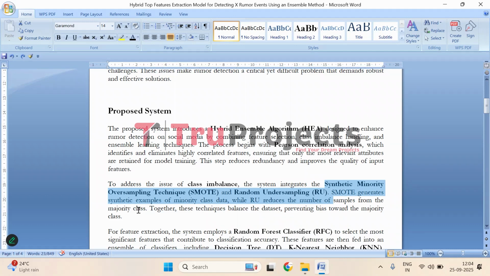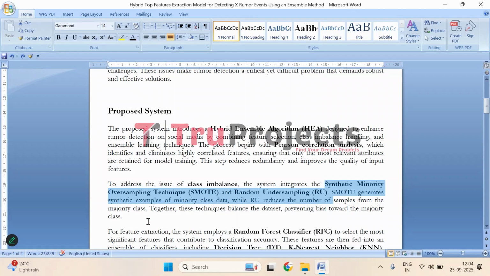SMOTE works by creating synthetic samples of the minority class. It generates fake rumor posts based on the ones we already have. This helps the model see more examples of rumors. On the other hand, random undersampling reduces the number of normal posts so they don't overwhelm the dataset. By combining these two methods, the dataset becomes more balanced, giving the model a fair chance to learn what a rumor actually looks like.